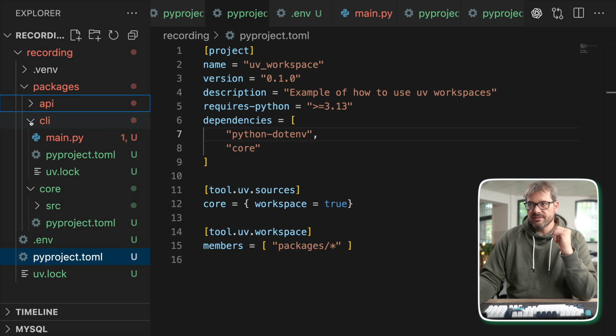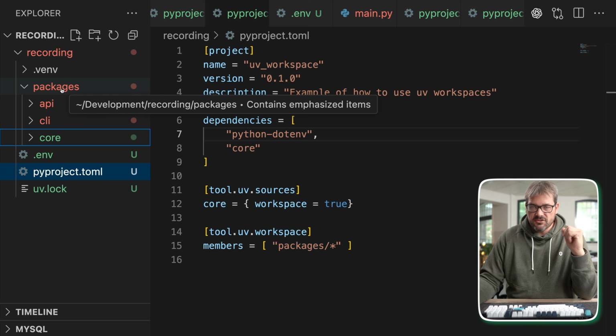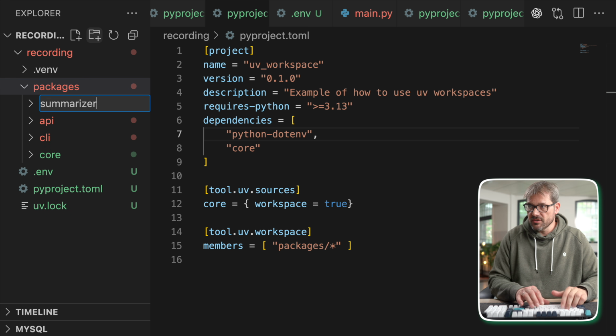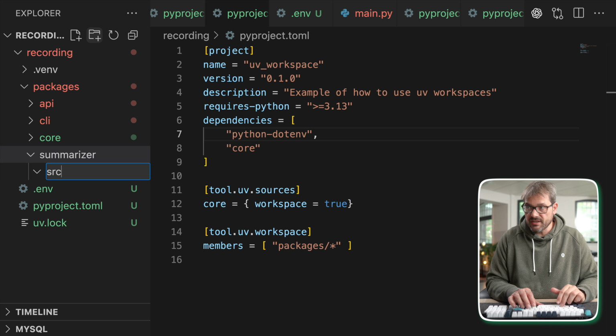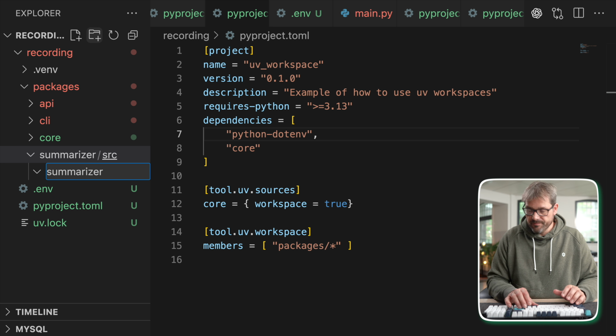Now, just to complete this example, let's add one more package that actually uses an LLM to summarize text. So I'm going to create a new package here called summarizer. And I'll set it up similarly to the core package. So it has a source folder. Inside that, it has summarizer. And then we have a file